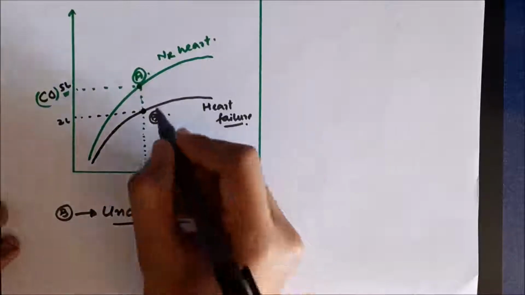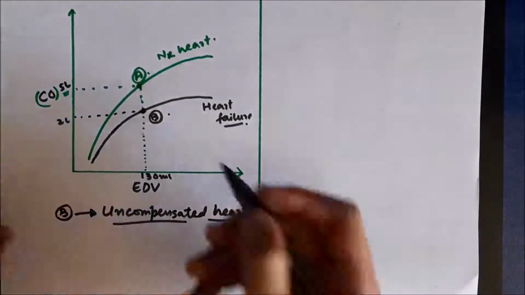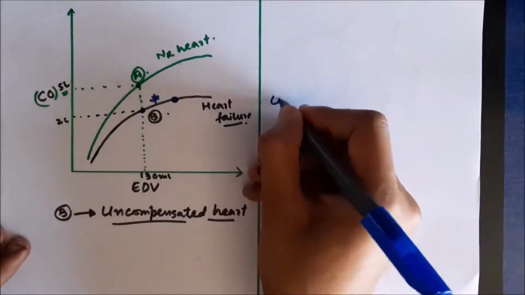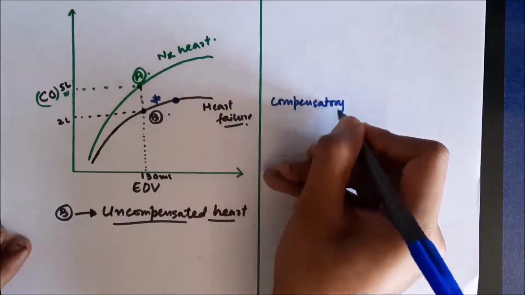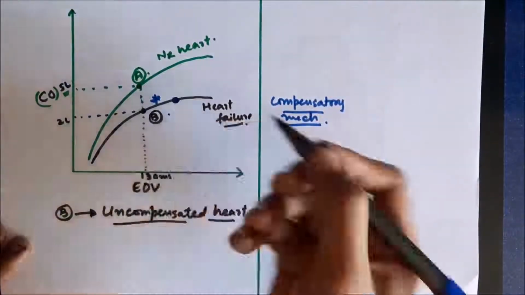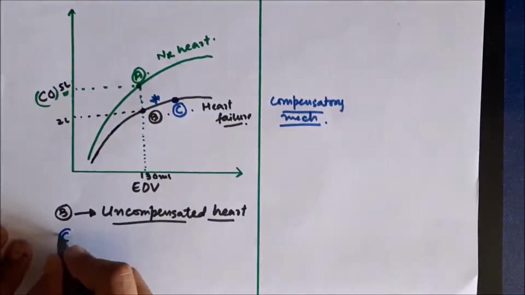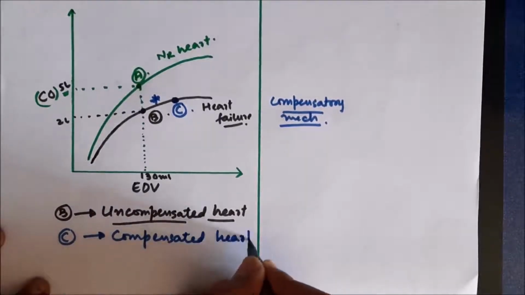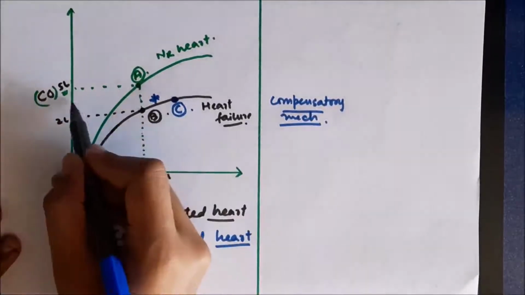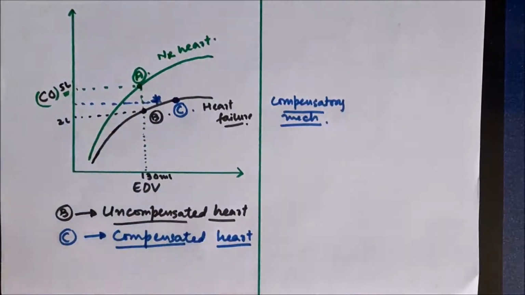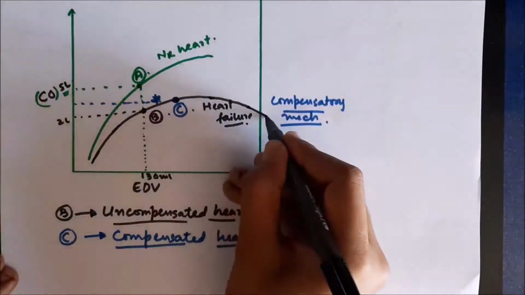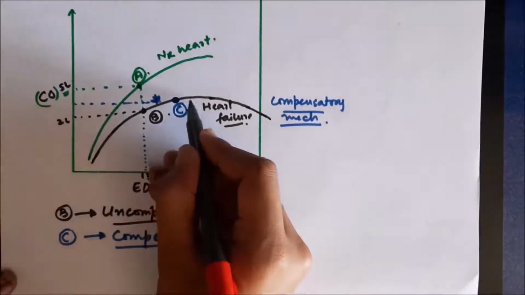Now, after compensatory mechanisms are activated, the functioning of the heart improves to some extent. So there is a somewhat increased cardiac output after compensatory mechanisms. There will also be an increase in end diastolic volume, because compensatory mechanisms will keep on increasing the body fluid volume and thus increasing end diastolic volume. So initially they will improve the condition of the person. Now the cardiac output will be slightly increased and end diastolic volume will also be slightly increased. So this will be better for the person. At this point the heart is said to be a compensated heart.